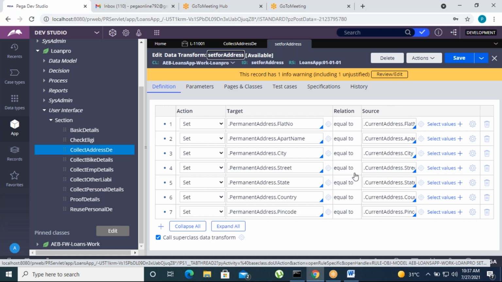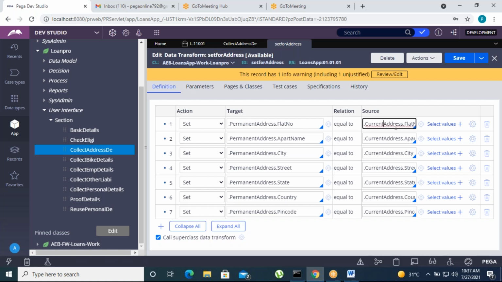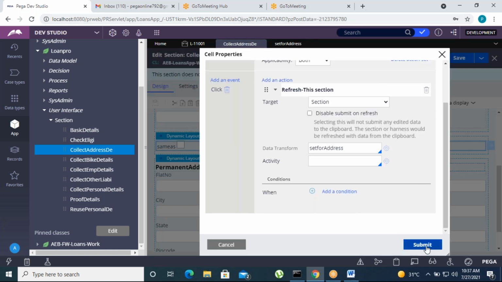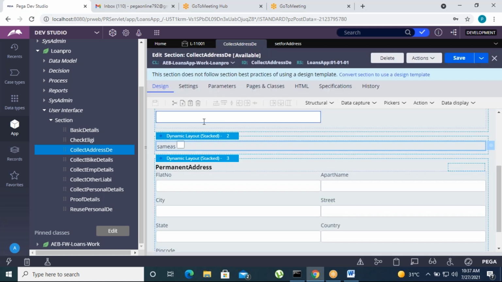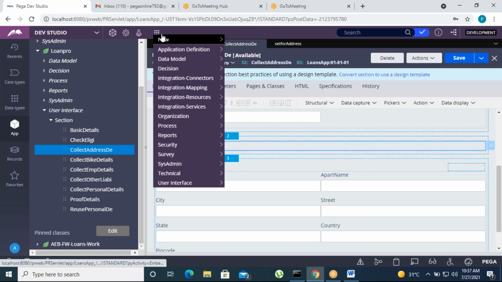That is, we are transferring data from the current address to the permanent address, that is the target. So you can equate the current address page dot property equal to the permanent address dot property. Set all the same properties into the page. That's the logic. Now click on submit, go to actions and run the case.